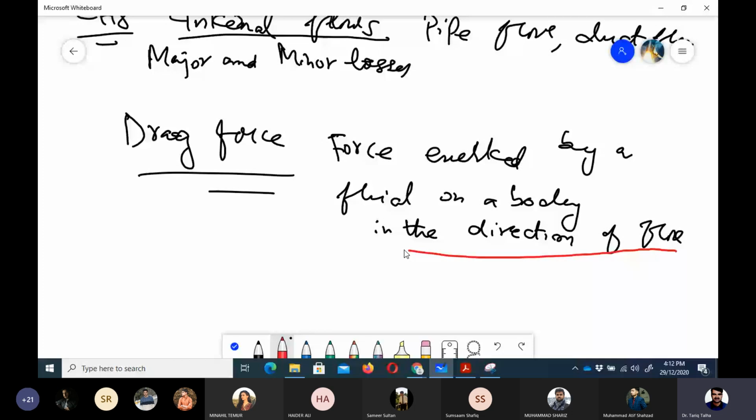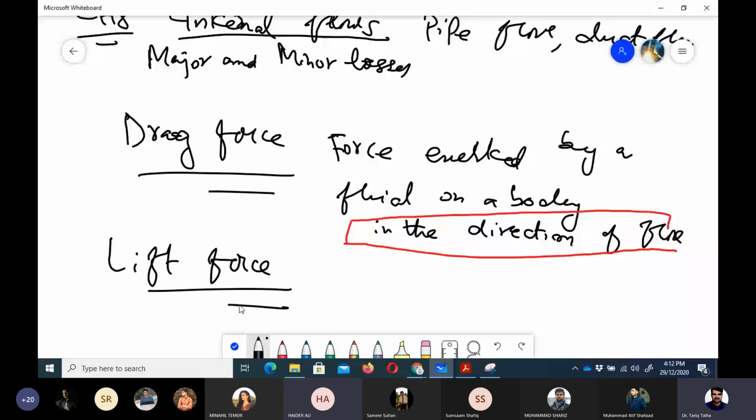Okay, ji. What is lift force? सर जो फ्लूइड परपेंडिकुलर है, हाँ जी, body फोर्स है exerted by the fluid on a body in the perpendicular direction। तो ये जो लिखा हुआ है इसमें सिर्फ एक चीज ऐड कर लें, यानी चेंज कर लें, in the perpendicular direction।